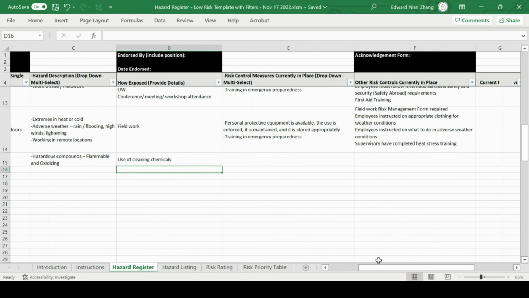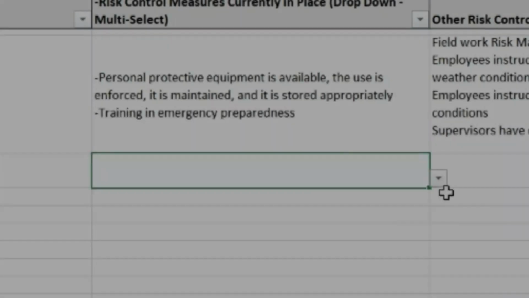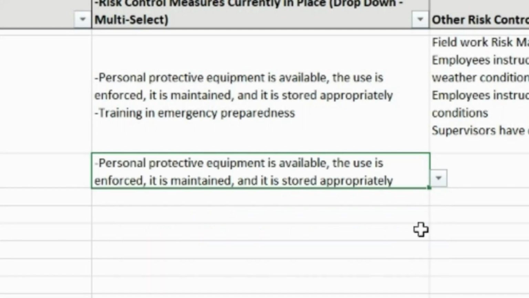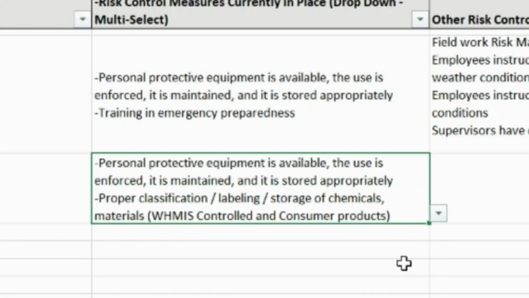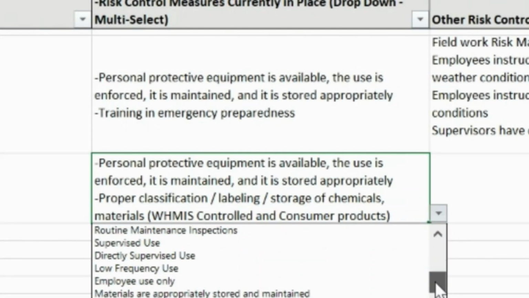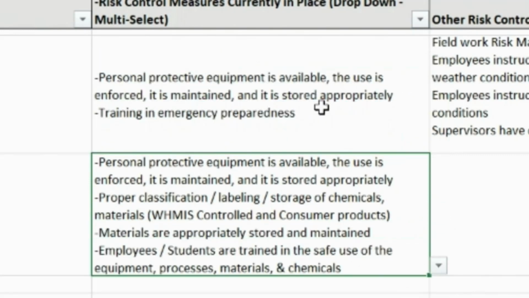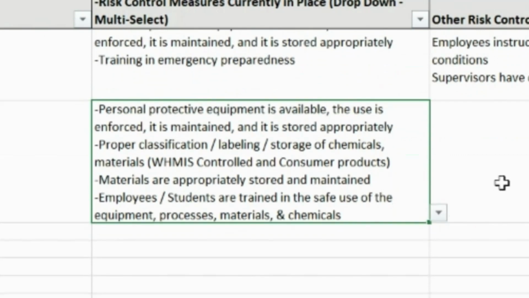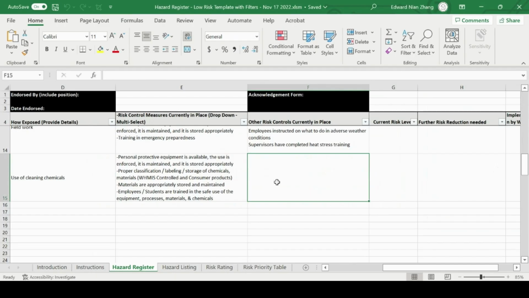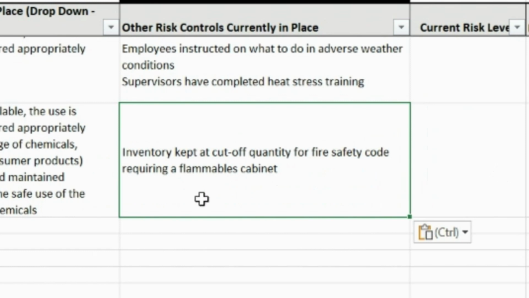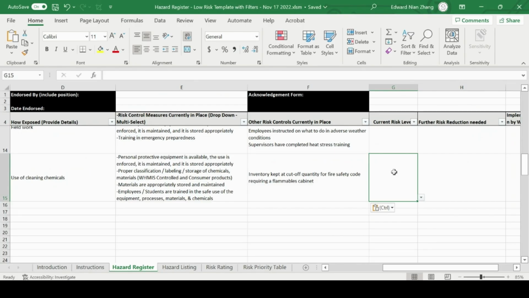at the workplace. In terms of the risk control measures, we'll indicate that PPE is available, WMIS-compliant labeling is being used, we are properly storing these chemicals, and training has been completed for students and/or employees. Other risk controls can include the inventory being kept at the cutoff quantity for fire safety code requiring a flammables cabinet. Next, let us head to the risk rating sheet and determine what rating we are going to assign for